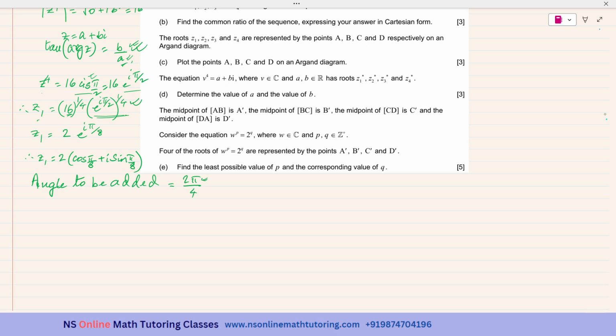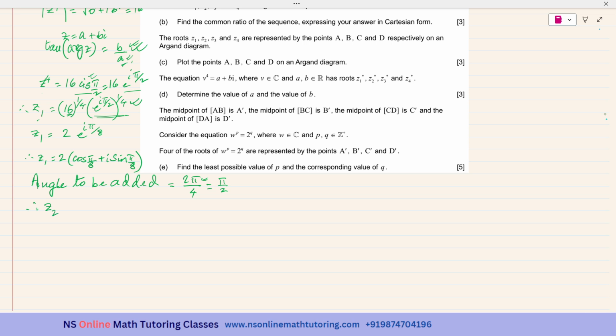Always the numerator will be 2 pi because the total angle around any point, over here it is the origin, is 2 pi. It is getting divided by 4 because there are 4 roots. If it was z cube, then the denominator would have been 3. Okay, but the numerator is always 2 pi. So 2 pi over 4, which is equal to pi over 2. So therefore,